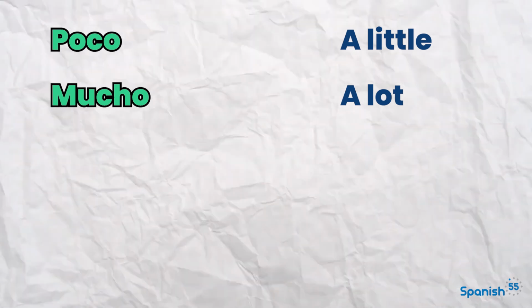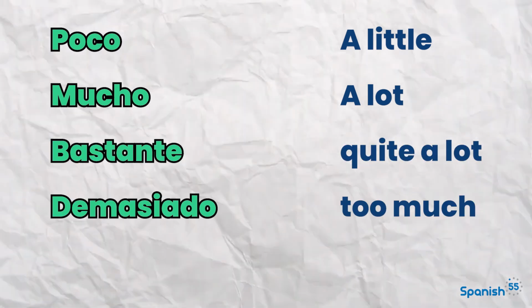In summary, quantifiers are words that answer the questions cuánto, cuántos, when the answer has no precise amount. They can be used as adjectives or pronouns, but only poco, mucho, bastante, and demasiado can be used as adverbs. When they are used as adjectives, they must agree in gender and number with the pronoun. But when they are used as adverbs, they do not change their form.